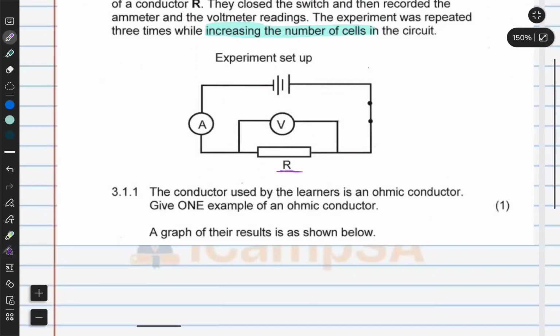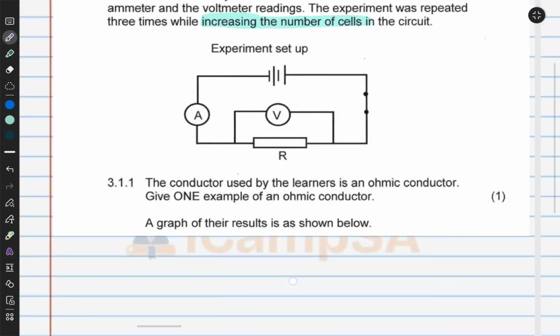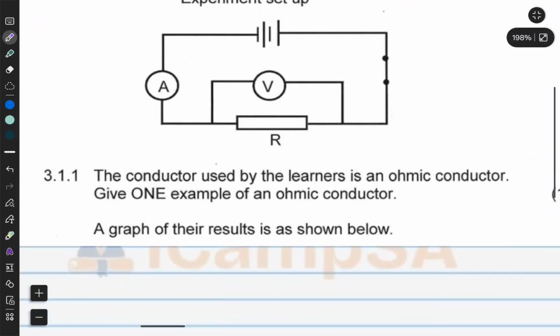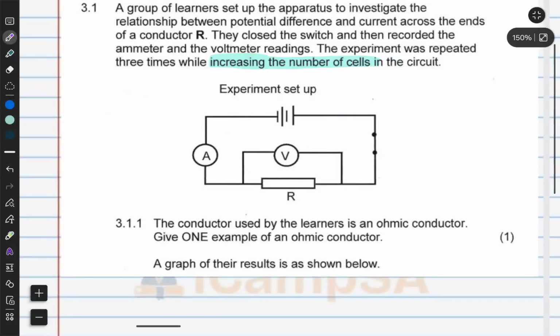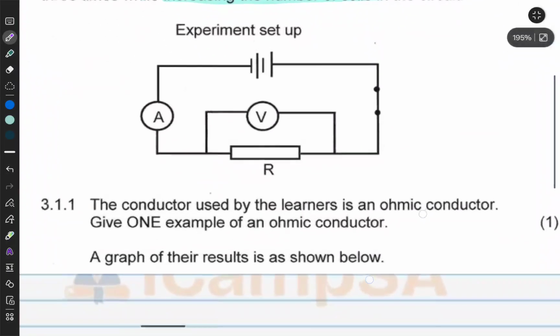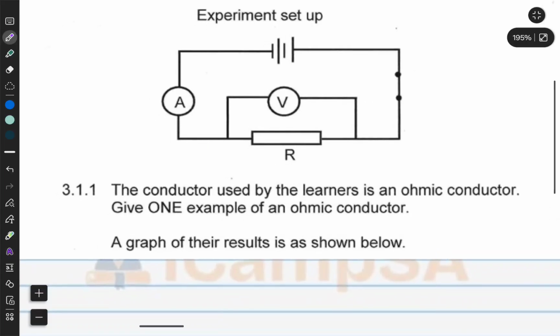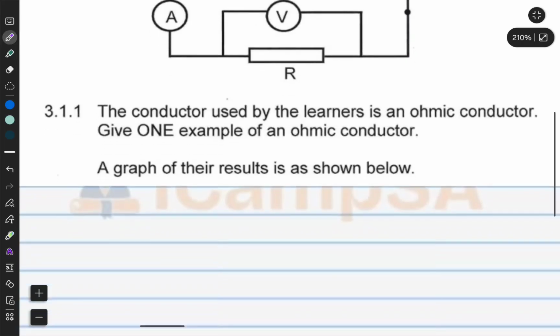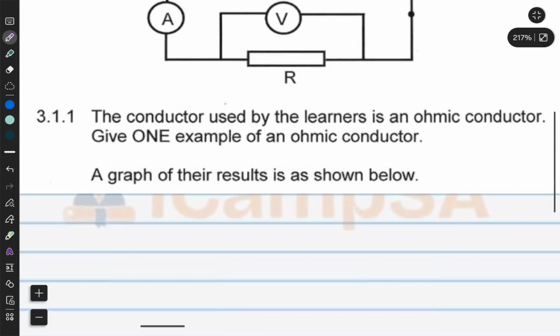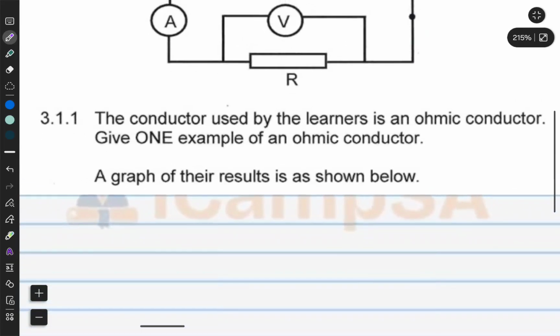All right, so now we continue. This is the circuit, the experiment that was set up. Very simple. So it's just one resistor there, which in this case they decided to call a conductor, but conductor and resistor are pretty much the same. It just depends on the angle at which you are viewing it from. All right, so